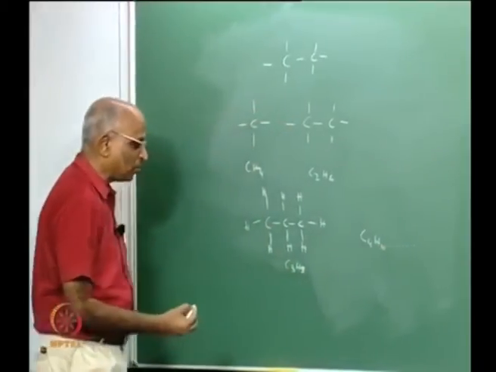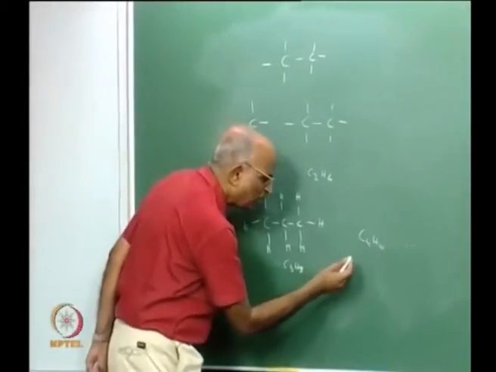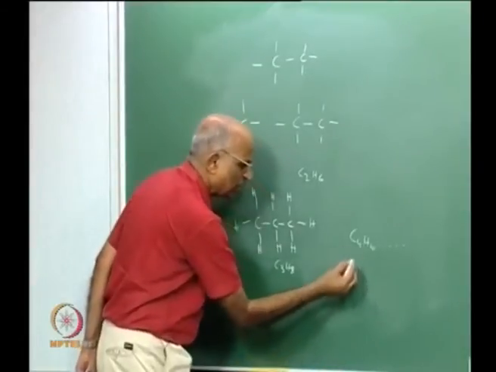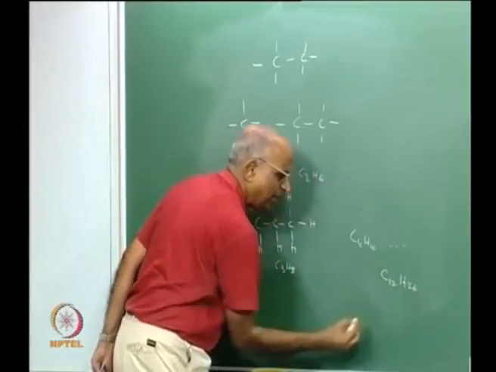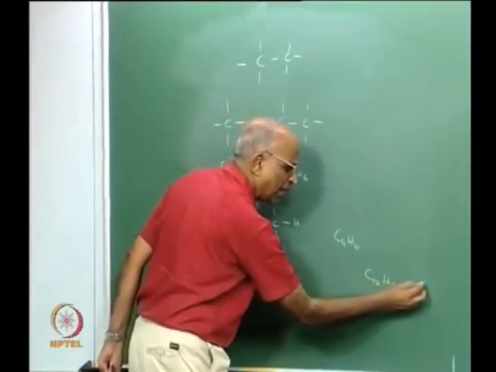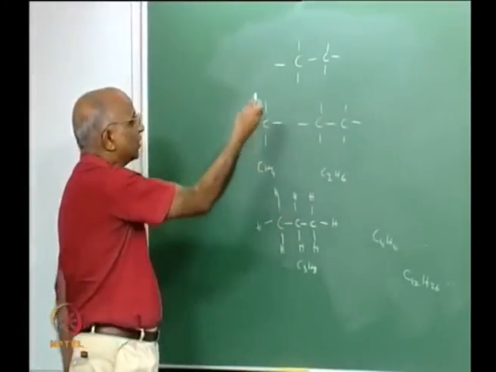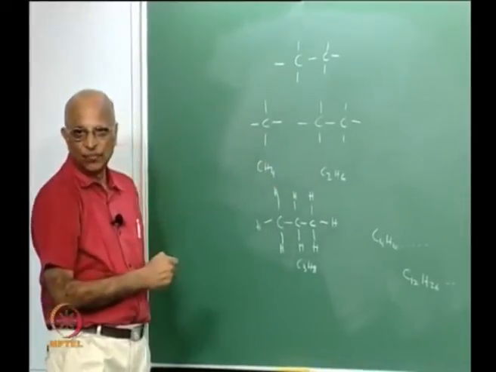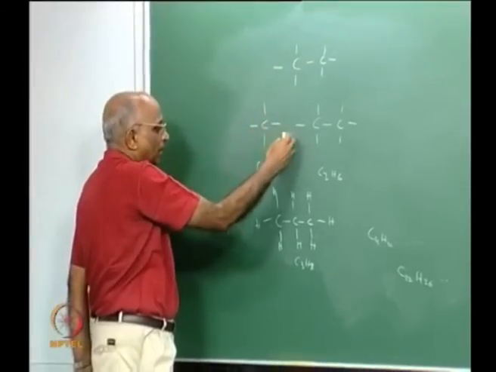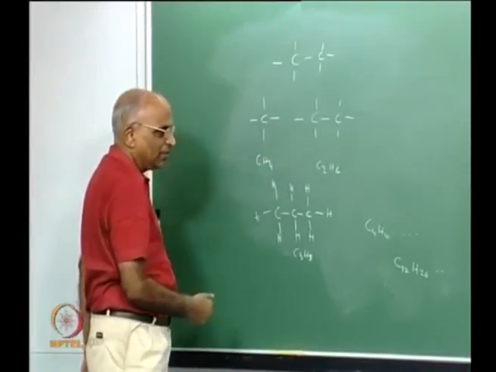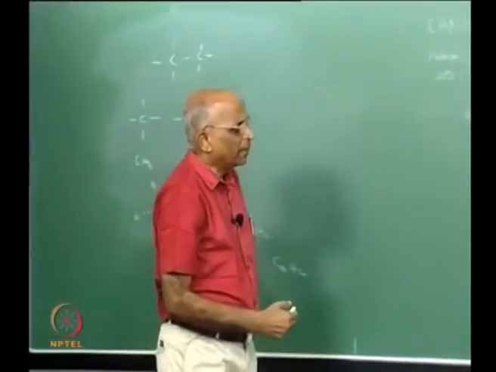Maybe by the time it comes to kerosene, it is a little longer in chain. Kerosene is dodecane, that is C12H26, and if you have lubricating oil, it is still higher, and so on the saturated hydrocarbons go. Now, if I do an experiment to determine the heat of formation of these things, I find that the value